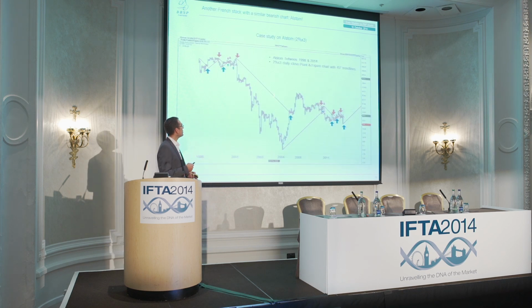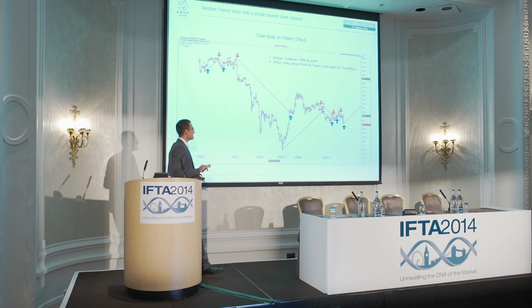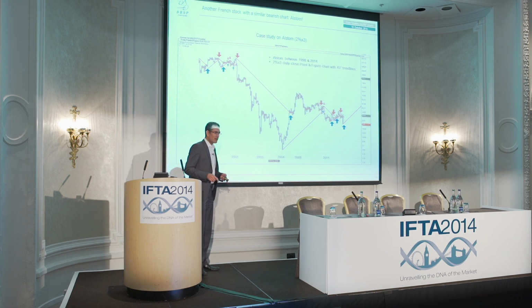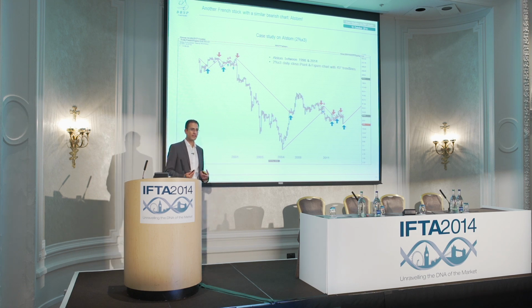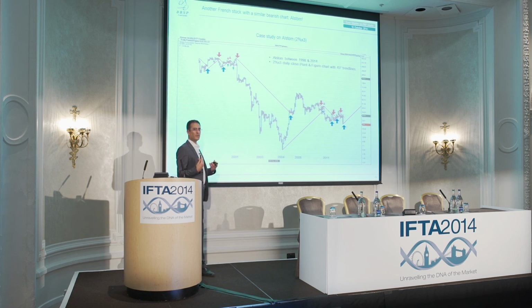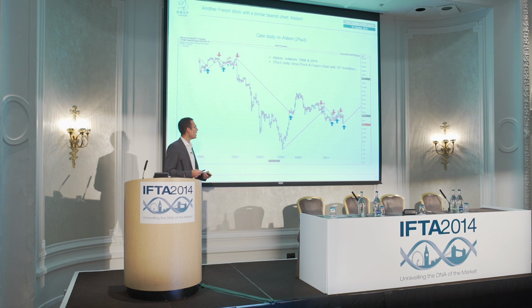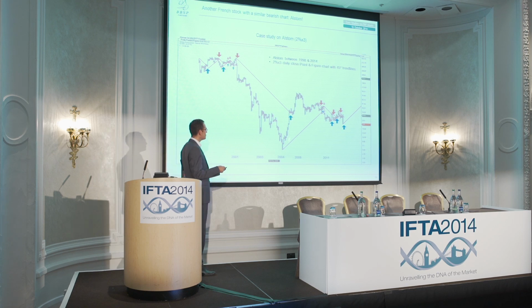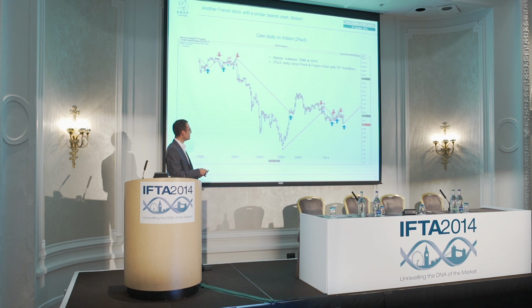Another one is Alstom. So you have exactly the same chart with the same parameter. There is a difference between Alstom and Alcatel. As you can see, there are more whipsaws. And as I told you at the start, whipsaws are extremely bad for most trend-following tools. So I'm supposed to lose money in these periods. And here, as you can see, it's pretty difficult to catch the trend reversal, because prices were very far from their 45-degree trend lines when the reversal occurred.